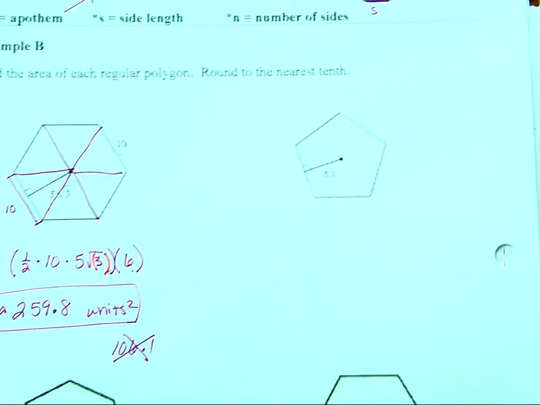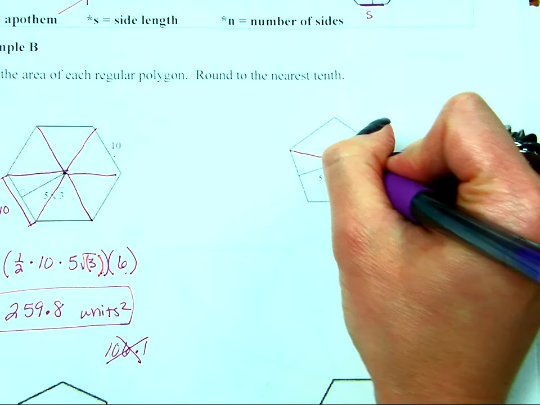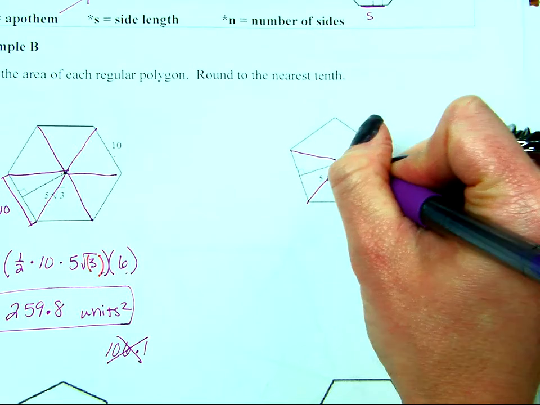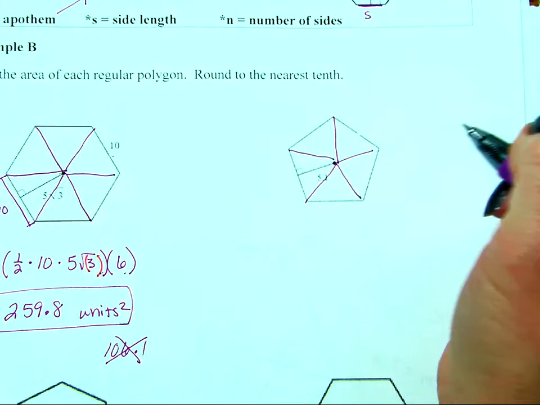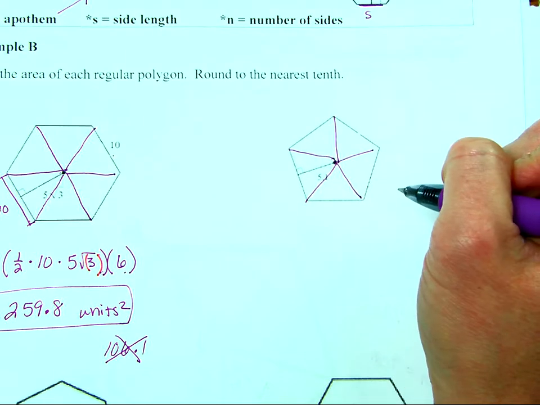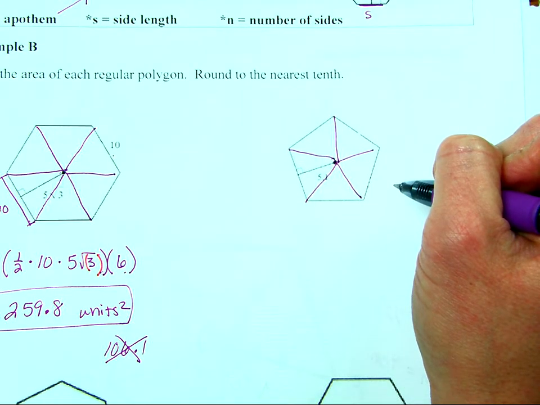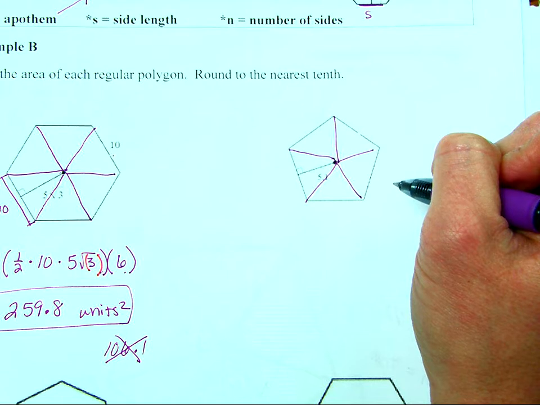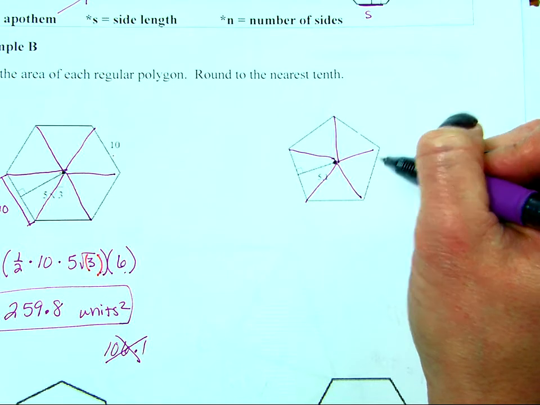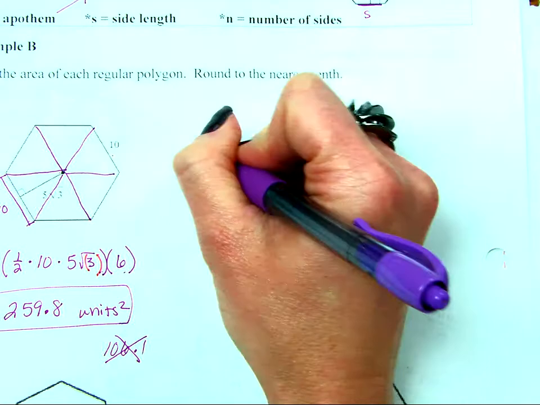Let's take a look at the second figure. The second figure, again, I'm going to think about dividing into my triangles. Well, this is one where all I'm really given is the height of my triangle is 5.1. So I'm going to have to do some figuring to find my base. What do I do first? Well, I have to think about my central angle. And my central angle here,